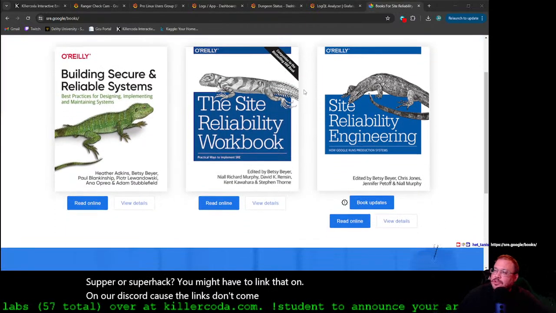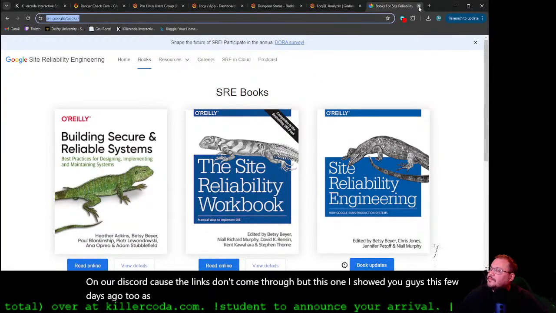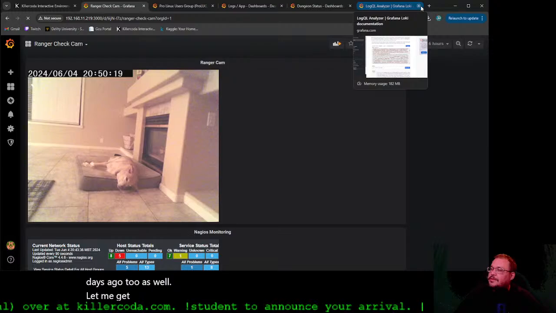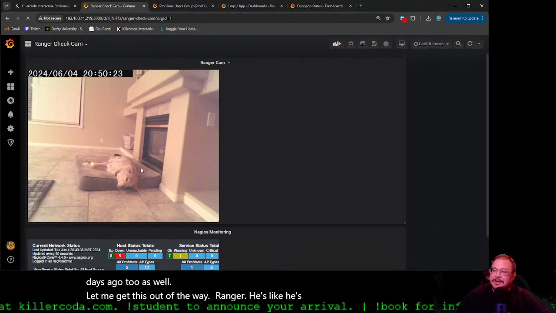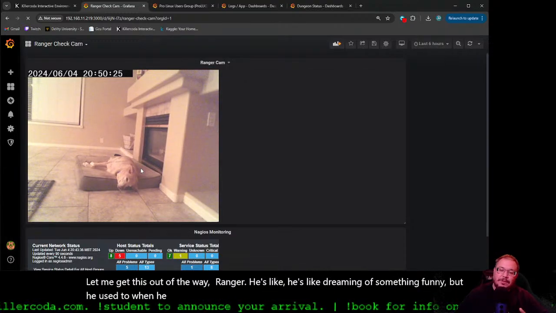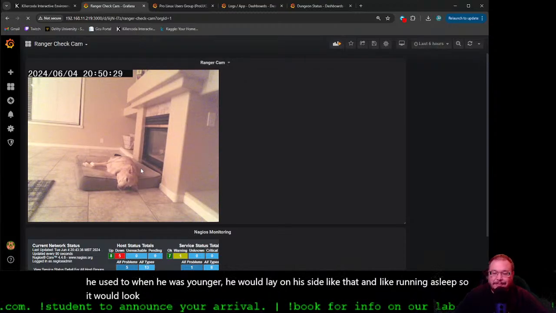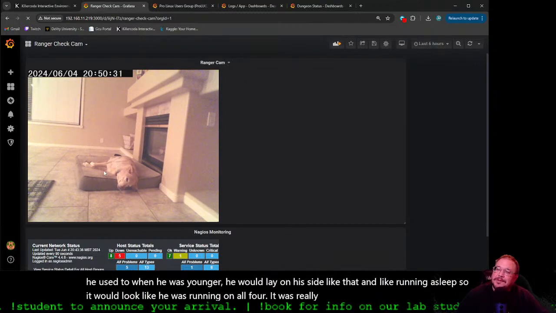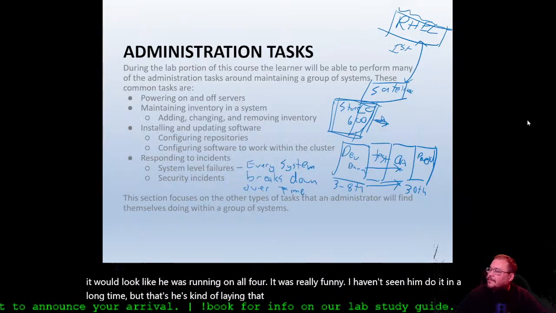But this one, I showed you guys this a few days ago too, as well. Let me get this out of the way. Ranger, he's dreaming of something funny. When he was younger, he would lay on his side like that and run in his sleep, so it would look like he was running on all four. It was really funny. I haven't seen him do it in a long time, but he's kind of laying that way. All right. Anyways,